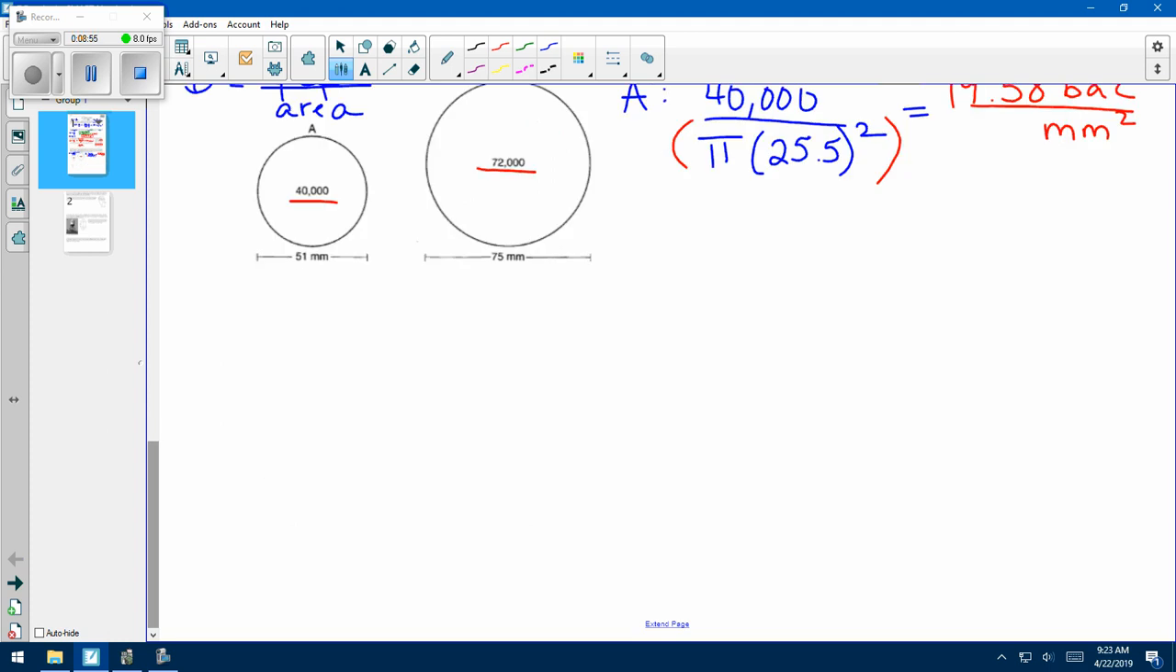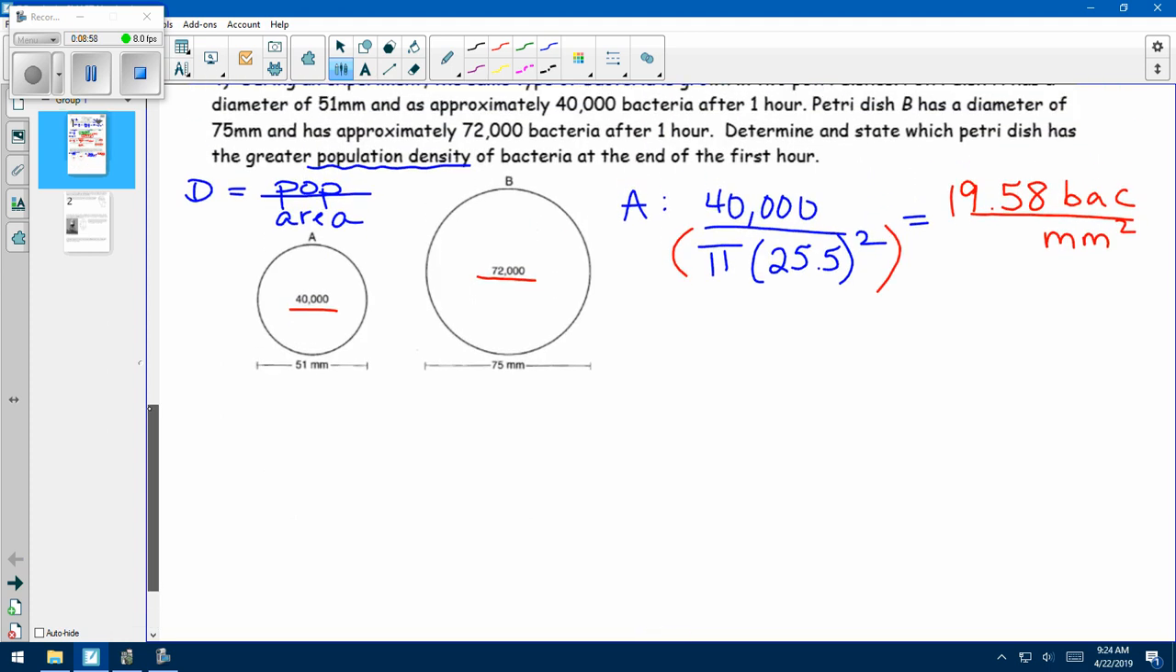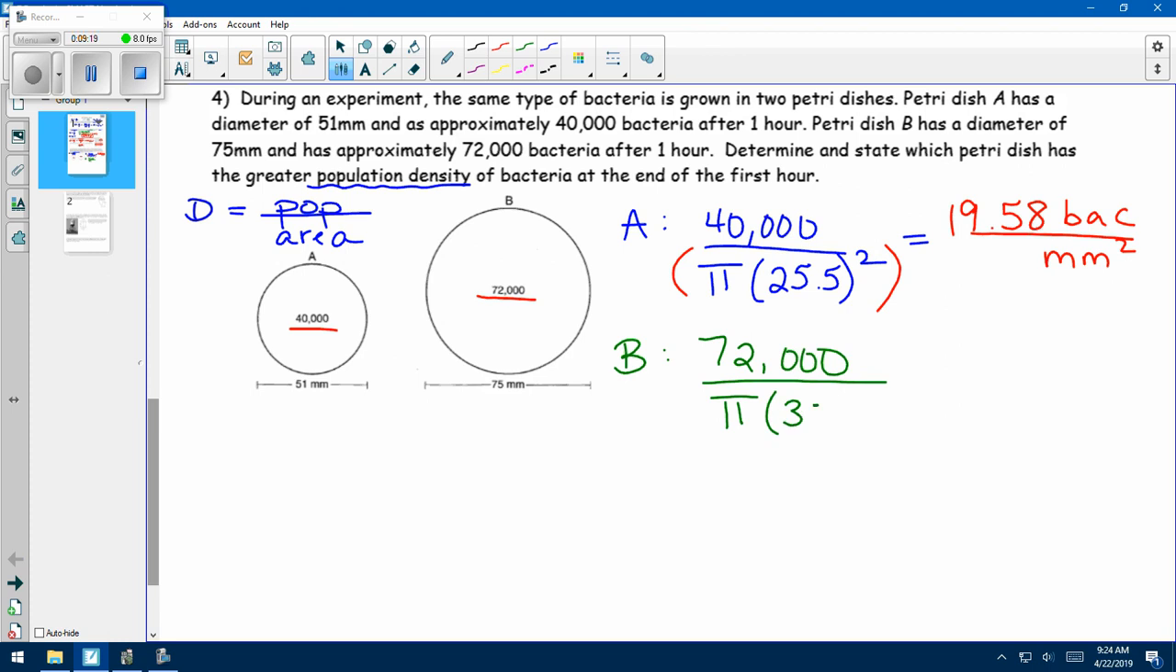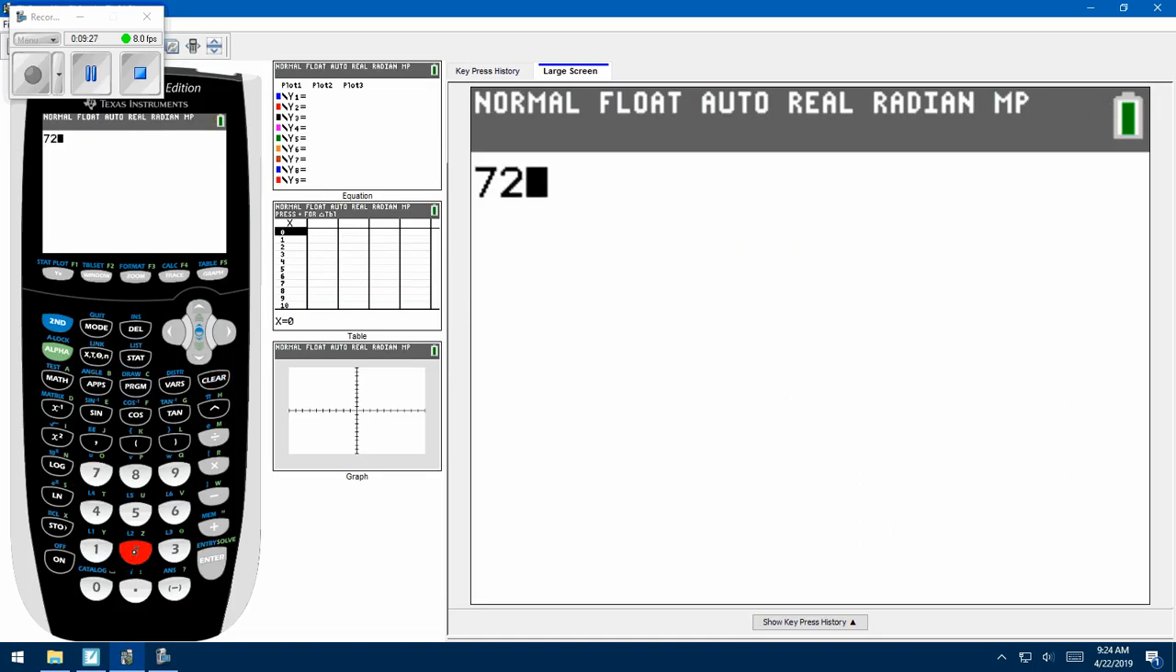So on the other hand, we have this Petri dish B here, and it certainly has a greater population, but based on the size of the Petri dish, we'll see if this population density is larger or smaller than that of Petri dish A. So for B, we have 72,000 for the population. Divide by the area of that Petri dish. Pi r squared here would be, the radius is 37.5 squared. And just to double check that my calculator is still working here, if I do 72,000 divided by, I'm just going to put this in parentheses here, pi